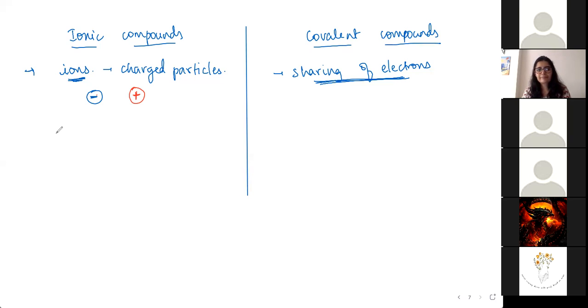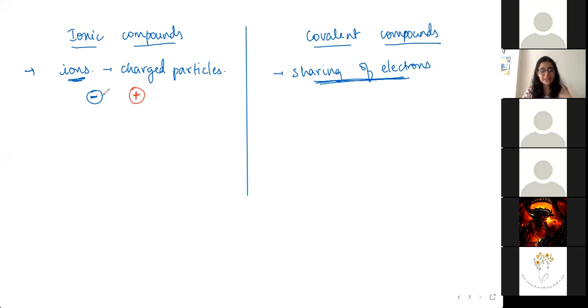Ma'am, they will repel each other. What will repel? Negative, positive or... Ma'am, the charges. Haan, to kis tarah ke charges hona chahiye for them to repel? Ma'am, same. Negative, negative, and positive, positive will repel. And if I have a negative and positive, they won't repel. What is the opposite of repel? Kya hota hai phir? Attract. Yes, attract. Swayam has been saying that in the chat. So unlike charges will attract, right?